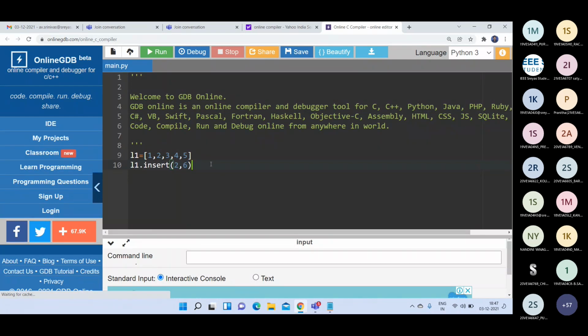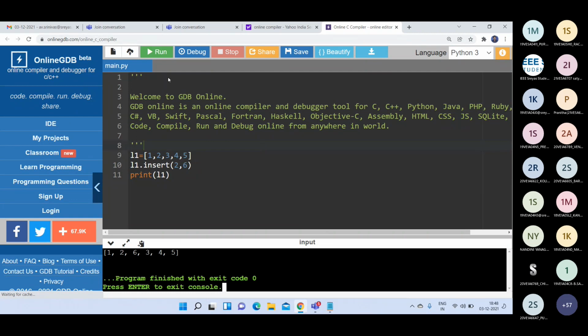Similar to arrays, here also the index starts from 0 onwards. So 1 is at location 0, 2 is at location 1, 3 is at location 2, this is 3, this is 4. If I insert 6 at 2, that means after 1, 2, the 6 will be added. The new list will be 1, 2, 6, 3, 4, 5.